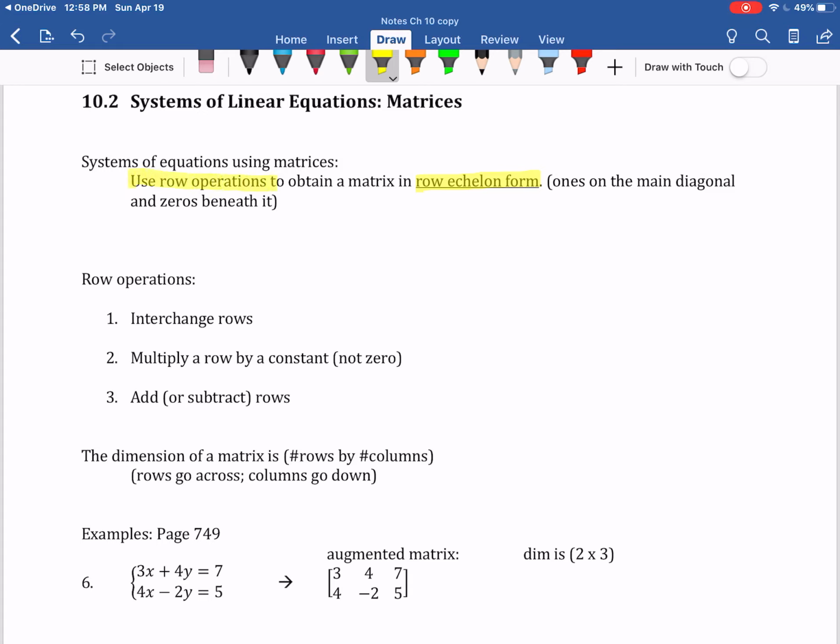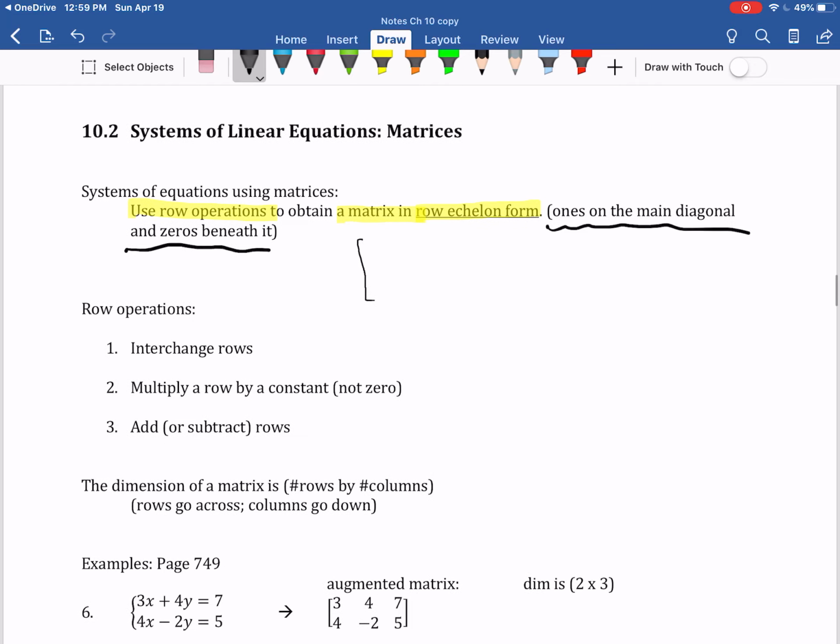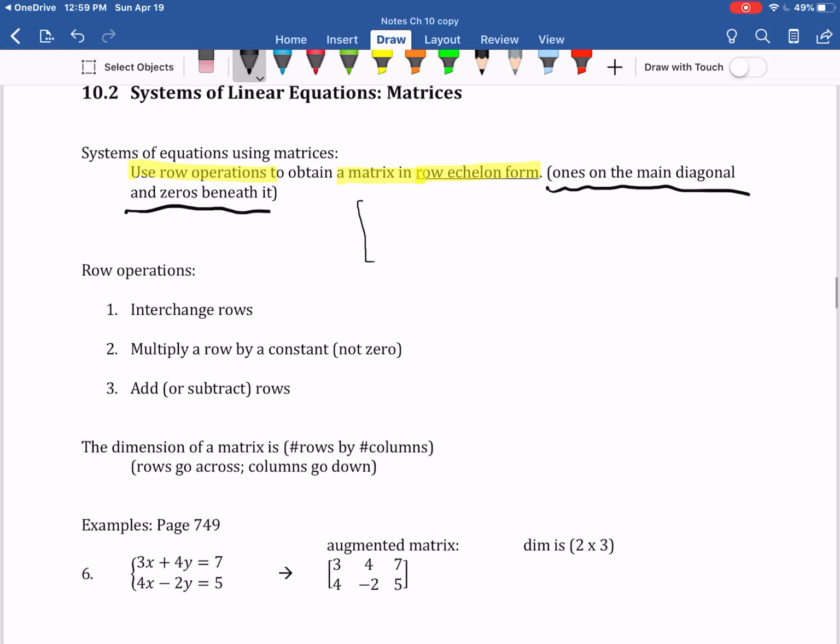When we obtain a matrix that is in this row echelon form, what it's going to look like, we'll have ones on the main diagonal and zeros underneath it. So let me show you a really brief sketch of what that's going to look like. You've got rows that go across, okay? So rows go across. And so let's say you've got